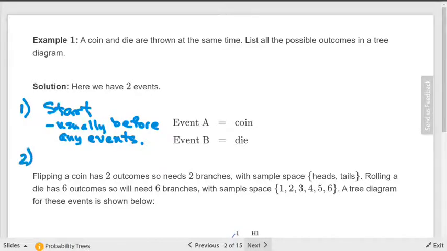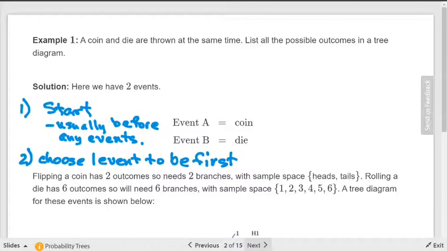Second step. Okay? What we're doing here is we're going to use the probabilities for the likelihood of the outcomes from each event. So simply take one event to be first. In this particular example, I'm flipping a coin and I'm rolling a die. It doesn't matter which one of those you choose to be first, but it makes your life a little easier, just a little easier, not significantly easier, if you choose the event